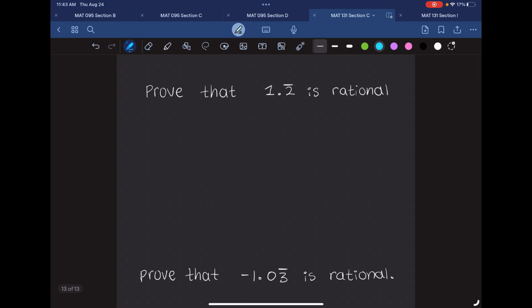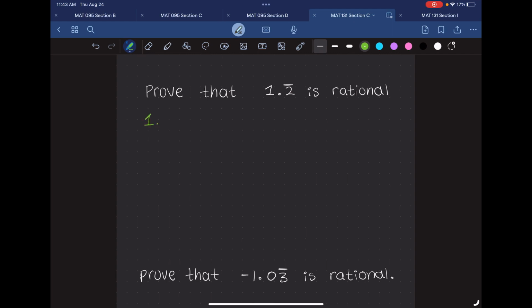All right, we have 2 more problems. So the first one is to prove that 1.2 repeating is rational. So I put this one in here because we can't just right away stick it over a 9. If you try to do 12 divided by 9, you're not going to get 1.2 repeating. So instead we're going to break this up